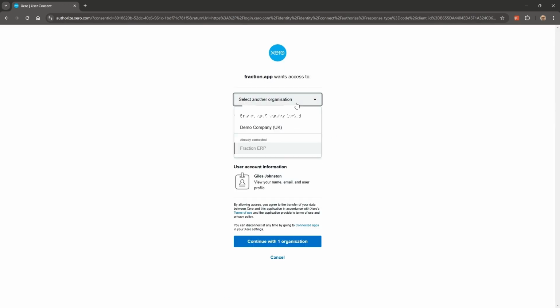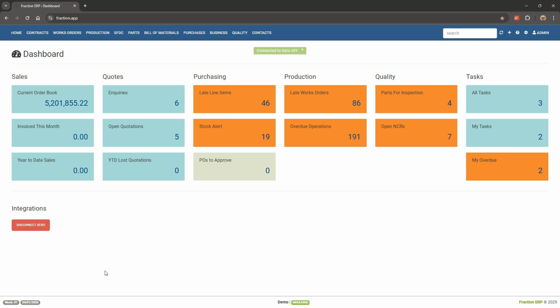And then when it loads up, it'll ask you to choose which organization you want to connect to. And once you press allow access, this will connect Fraction ERP to your chosen finance package. Okay, so the next thing we'd recommend our new users to do in the system is to actually start building